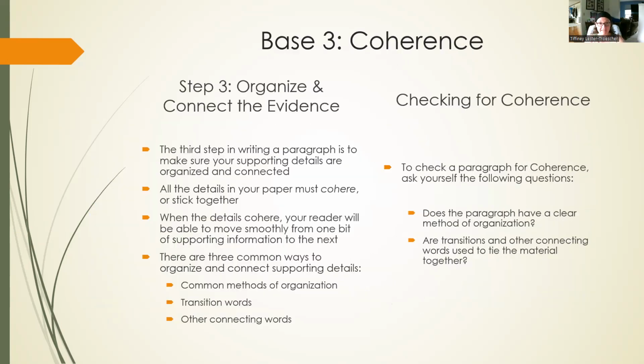All right, so we have looked at our paragraph. It stays on topic, so we have unity. We have a lot of great examples and explanation. We have tons of specific support. So we've achieved base two. But have we made sure that we've organized the ideas in a logical way? And have we connected all the ideas in a way that helps the paragraph flow from start to finish? We want to make sure we have coherence, phase 3. All right. We want everything to